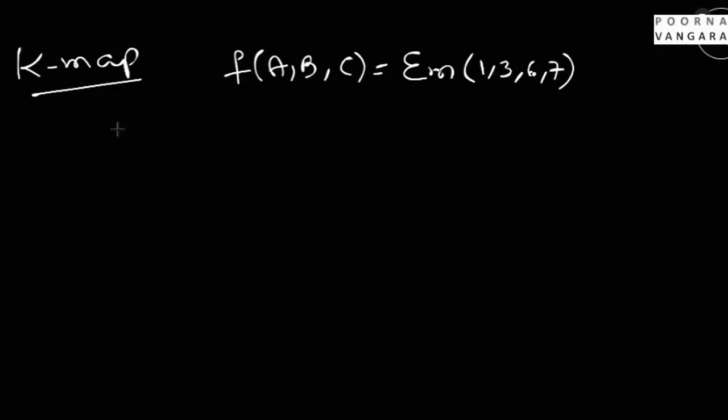So first we need to look at the number of variables. The number of variables is 3. Sometimes they won't give this particular variable count. Simply they will mention f is equal to sigma m 1 comma 3 comma 6 comma 7. Then you look at the maximum minterm value, that is 7. In order to represent 7 you need 3 bits. In that way you can figure out the count of variables. So that means you need a 3 variable